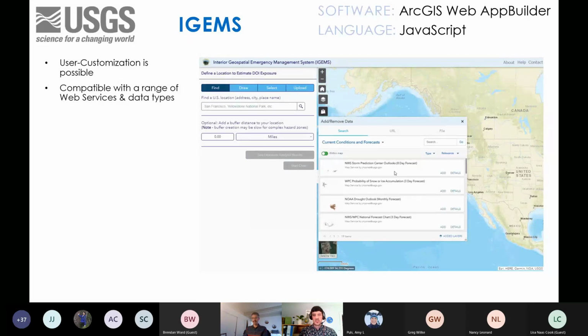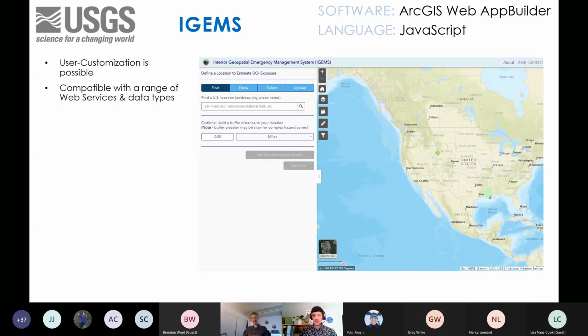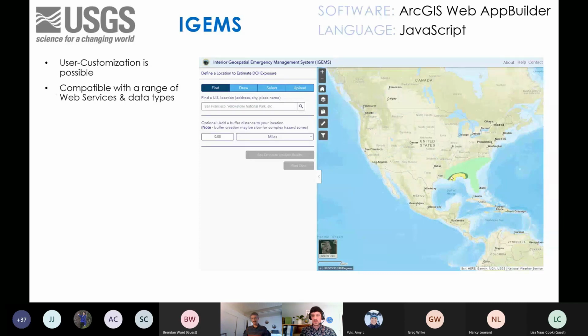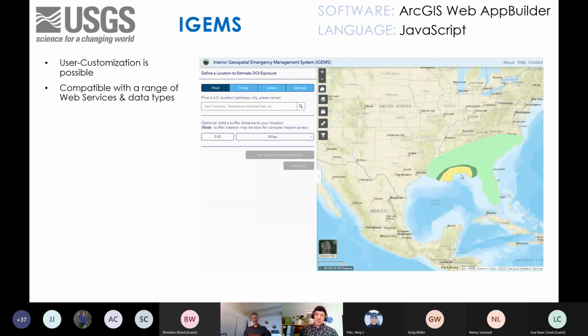Yeah, and this also demonstrates how it can be customized further. This is ingesting other web services into the app. This is a constantly updating weather data set that's not managed by us at all. We can just link to it, and the user can curate their map how they like. This is a tornado outlook, I think.